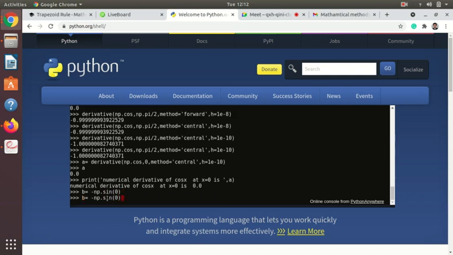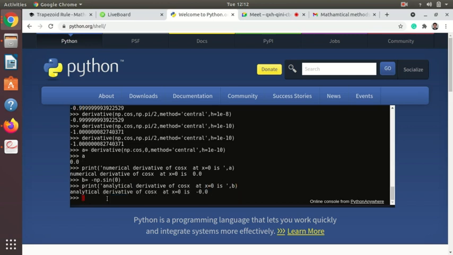Now I will again write, instead of numerical I will write analytical value, analytical derivative of cos x at x equal to 0 is what? B. We have to write here b. Now it will print analytical derivative of cos x is minus 0. It is minus coming because of this minus, but anyway minus 0 plus 0 doesn't matter, so there is no error. But in case of derivative of sine, you are getting cos and we have to find out at x equal to pi, so you might get some error.